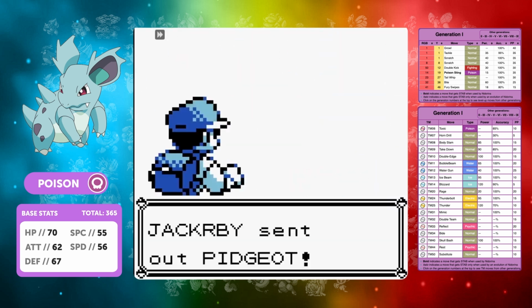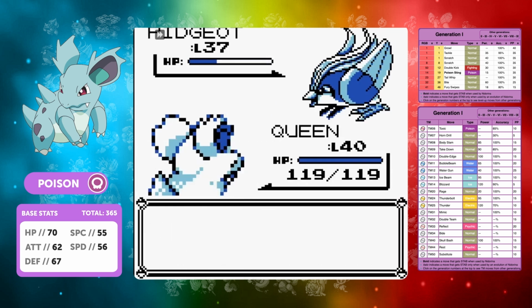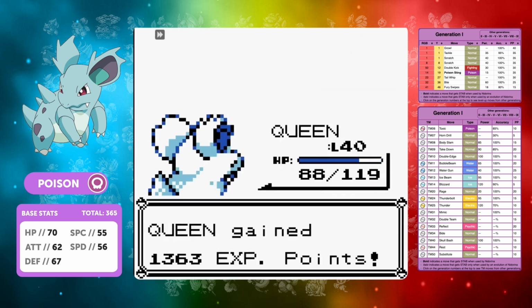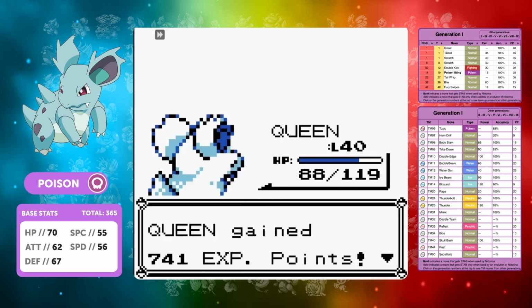If it uses anything stronger than Confusion, we do not get a win here. So, we're going to go for Ice Beam again. It takes out the Pidgeot quite comfortably. We don't want to be taking any hits whatsoever. That means that we're going to be...